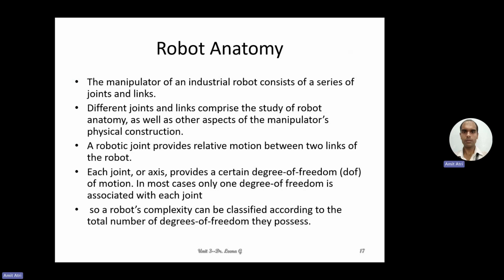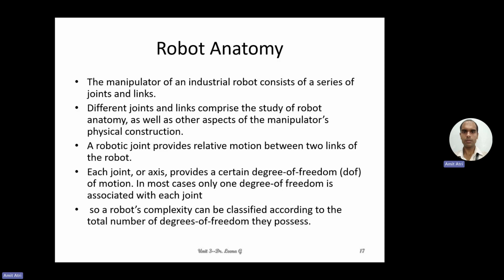Today we will discuss robot anatomy, the manipulator of an industrial robot. The manipulator here basically refers to an autonomous manipulator, referencing the initial applications of industrial usage. This type of robot consists of a series of joints and links. Different joints and links comprise the study of robot anatomy, as well as other aspects of the manipulator's